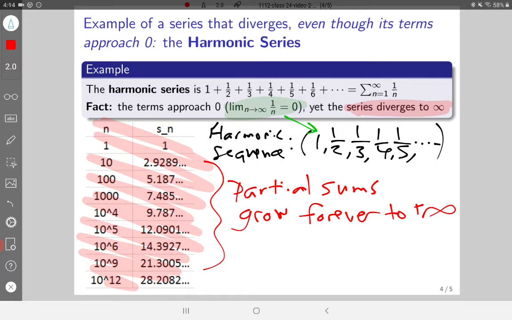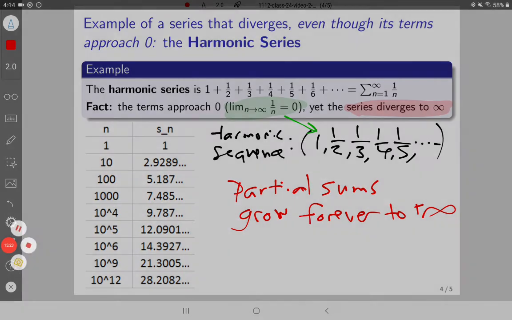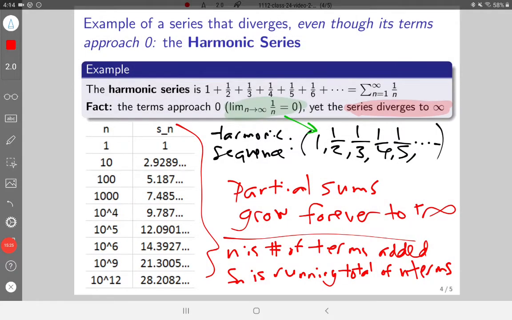Now, what do I mean by that? In this table here, I have a column for n. That means the index, the number of terms that we're adding together. n is the number of terms being added together, and S sub n is the nth partial sum. It's the running total of what I would get if I added up the first n terms. So for example, if I add the first 1 term, I get a total of 1. If I add the first 10 terms,